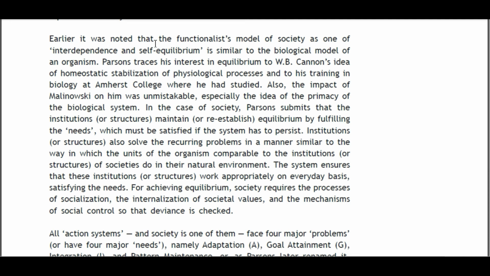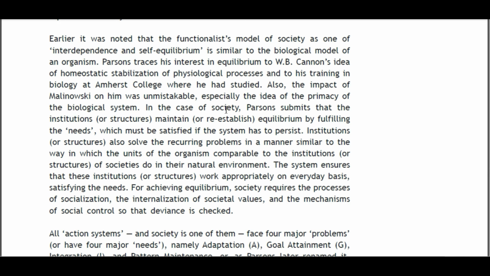Earlier it was noted that the functionalist model of society as one of interdependence and self-equilibrium is similar to the biological model of an organism. Parsons traces his interest in equilibrium to W. B. Cannon's idea of homeostatic stabilization of physiological process and to his training in biology at Amherst College, where he had studied. Also, the impact of Malinowski on him was unmistakable, especially